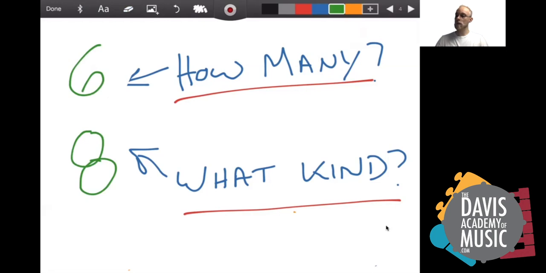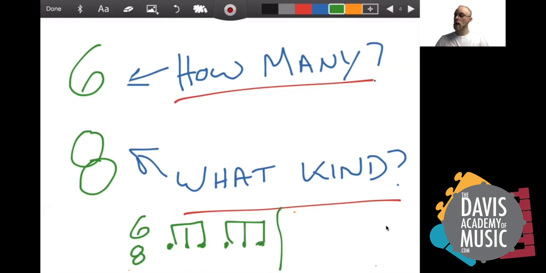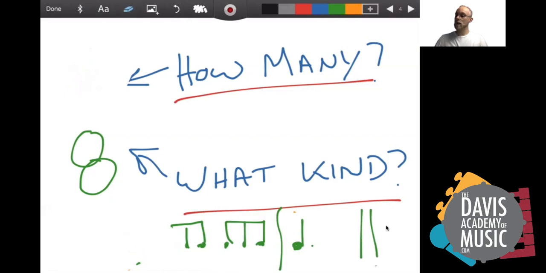So the way we feel 6/8 is in groups of 3. In fact, oftentimes we'll see 3 eighth notes beamed together, and if you put 2 groups of those together, that makes a full measure. Another common way to fill up a bar would be to have a dotted quarter note in 6/8. Now some fun meters you can play with would be something like 5/8 or 7/8, or really any type